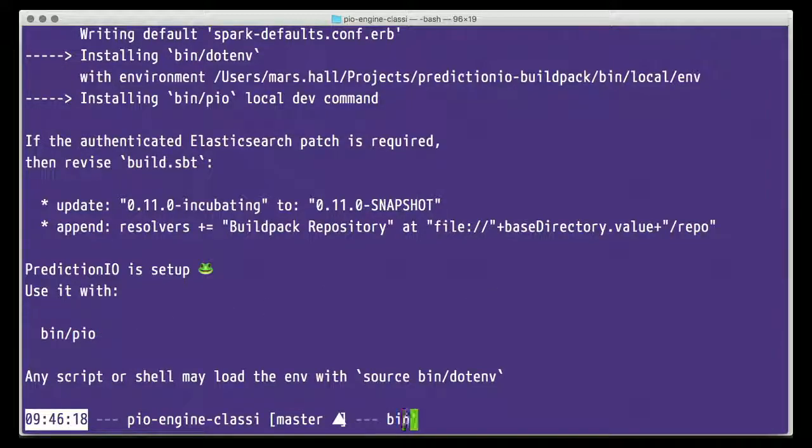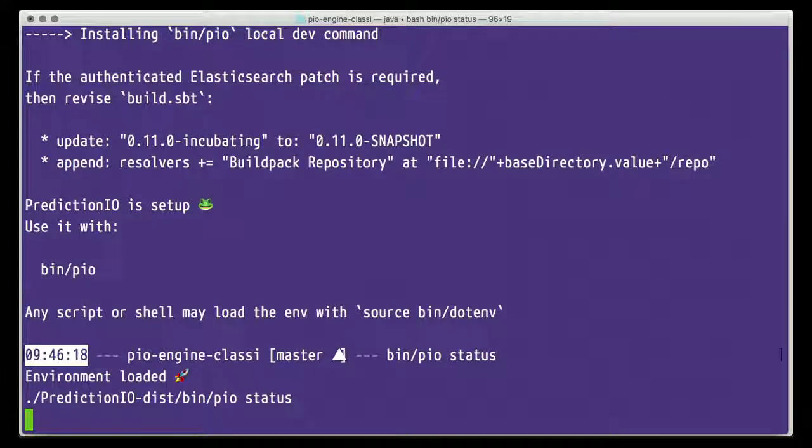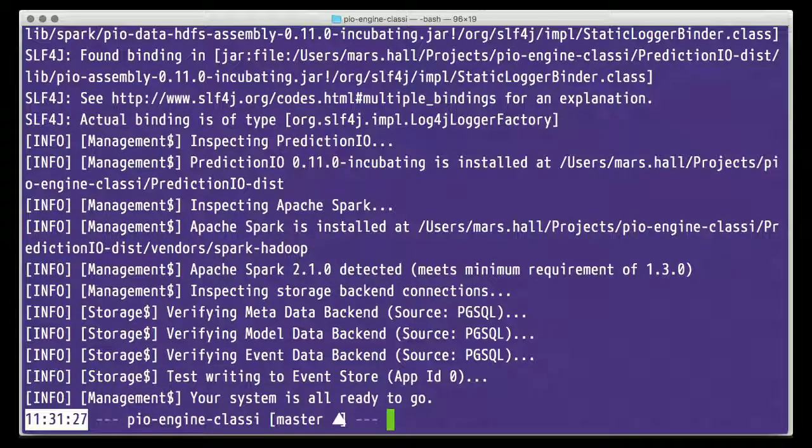With bin pio, I'm able to run the status command, and this is like a canary for the current runtime of PredictionIO. This tells you, hey, is everything set up such that it seems like it's going to work? So we can see that PredictionIO is installed, Spark is installed, and most importantly, we can see that our storage sources, all three of them, are verified to work. So with that in place,